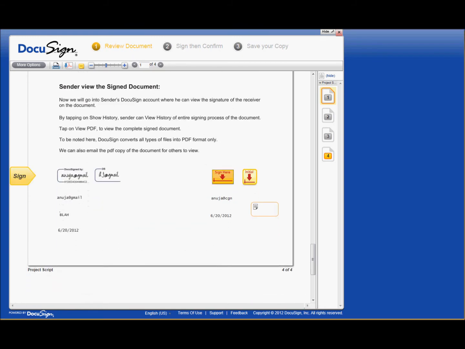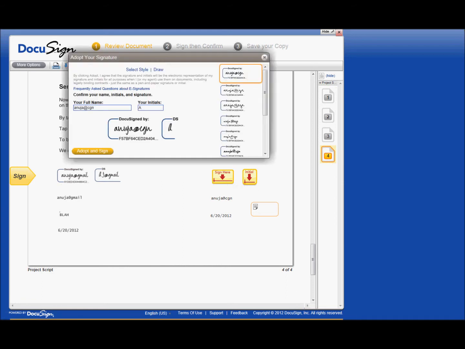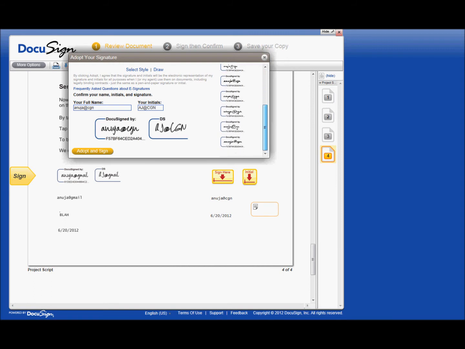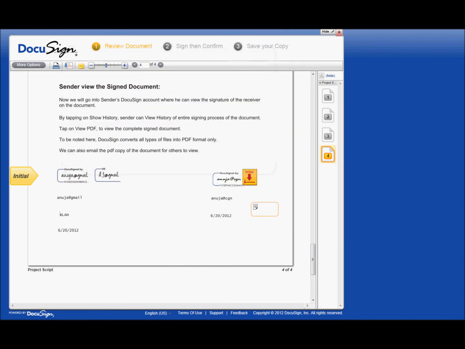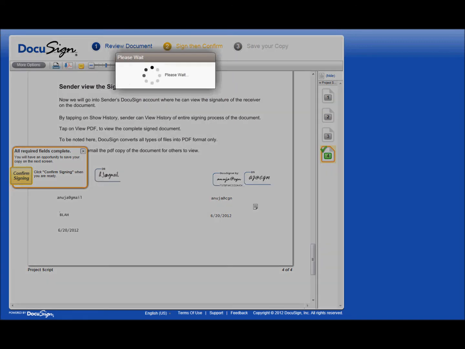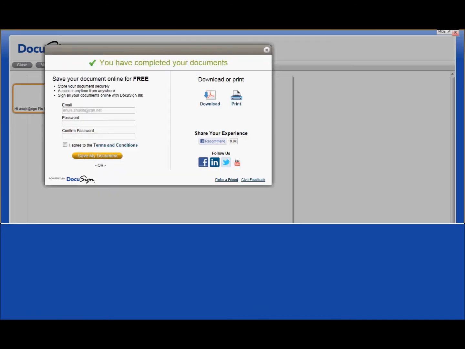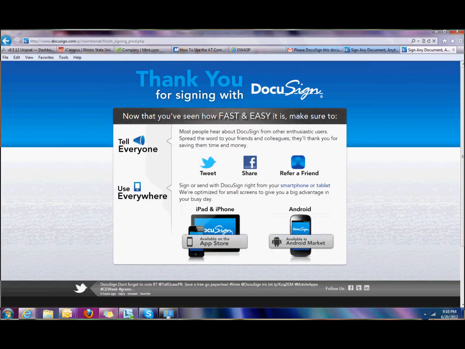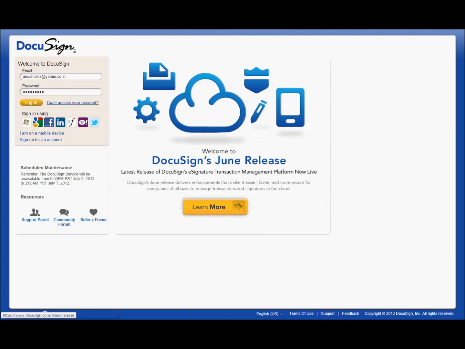And again, here is the message, hit on start. That message was what the sender added. Here are the sticky tabs for Anuja at CGN. Again, put in initials, AJ at CGN, and here I'll select some other format of signature, and the signature again has a fingerprint ID associated with it. It is putting in, and here I'll say confirm signing. Again, Anuja at CGN has completed the signing process.